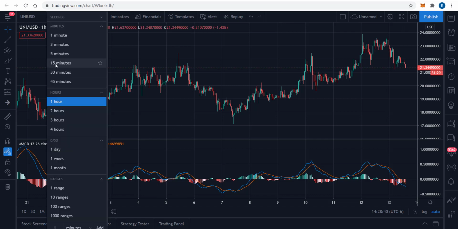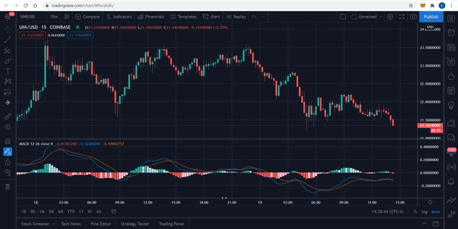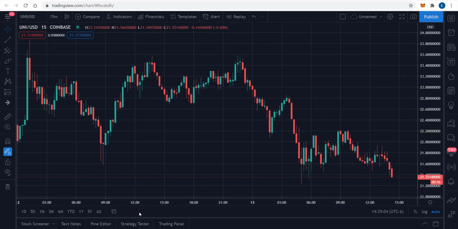Let's drop it down to the 15-minute. On the 15-minute, of course, I have to pull this back a little bit, but you can get a better sense of whether or not this is in line, whether it works for your trading style, and whether you feel like it's producing a result that is going to be tradable and worthwhile. So let's get rid of our MACD.